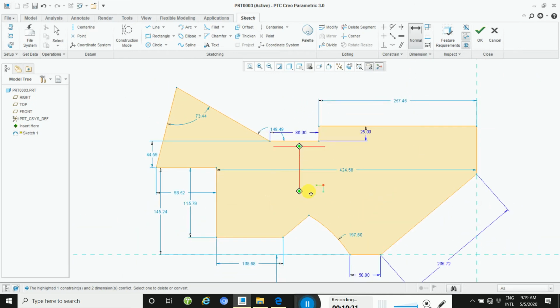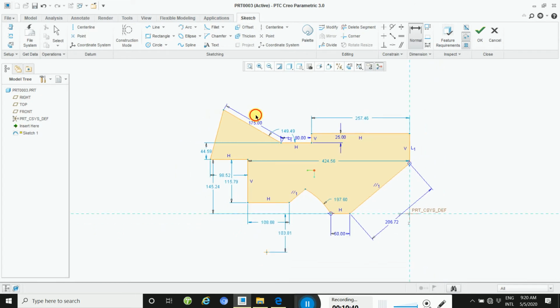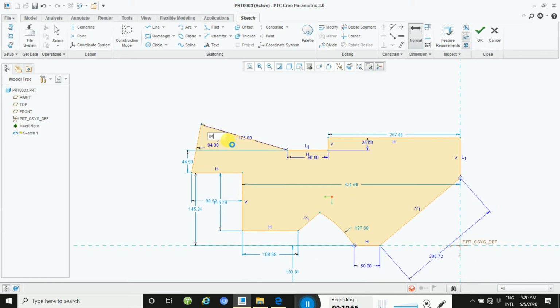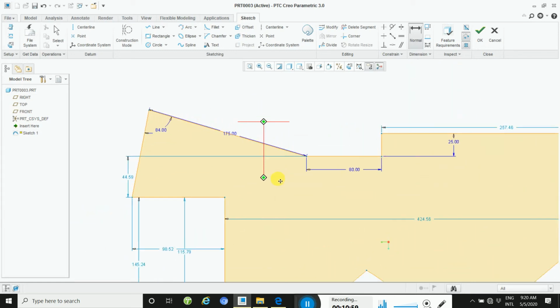Defined. Okay, and this line is how to define: first point, second point, then mouse middle button two times click here. Okay, and thus this dimension is 175. Okay, and then angle is normal, then click this angle, this line, and then select second line, and then mouse middle button two times click here. Okay, then put this dimension 84. Okay, this angle is 84,